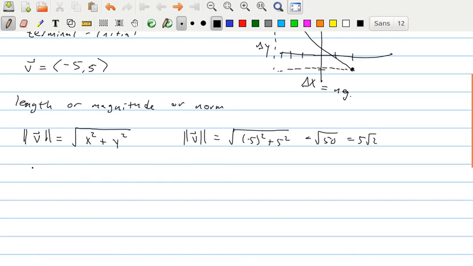We also have other operations that require 2 vectors. So we can add vectors. Vector addition is defined by adding the components. Let's say we had the vector (2, 3) and the vector (3, -1). If we were to add these two, we add the x coordinates to get 5, and we add the y coordinates to get 2. Subtraction